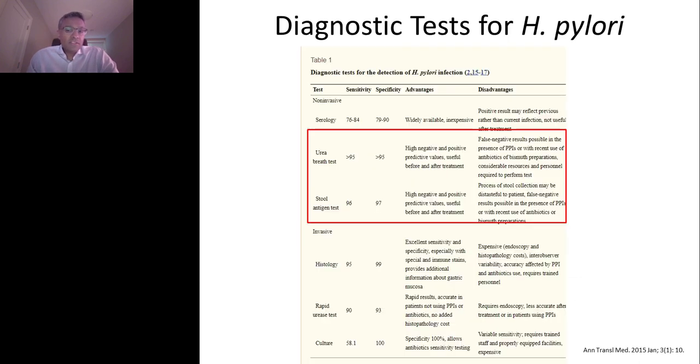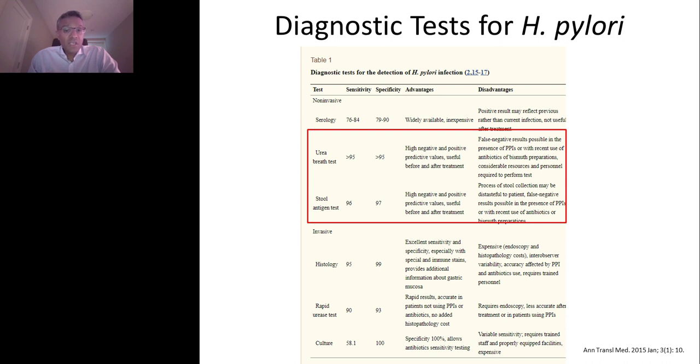So what are the diagnostic tests that we use to detect H. pylori? And this table essentially breaks it down into non-invasive methods and invasive methods. Under non-invasive methods at the top, we have serology. While serology is widely available and inexpensive, the positive result may actually reflect previous infection and not current infection. So that's not very useful for the screening of H. pylori in a population where there is a high prevalence, for example, because it may essentially be